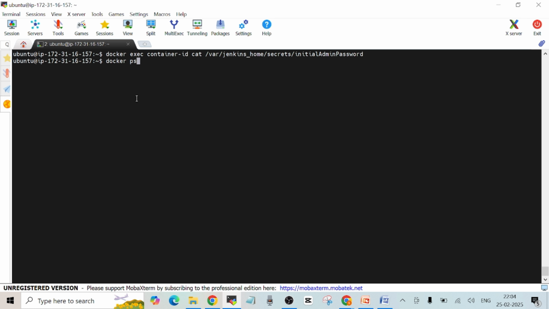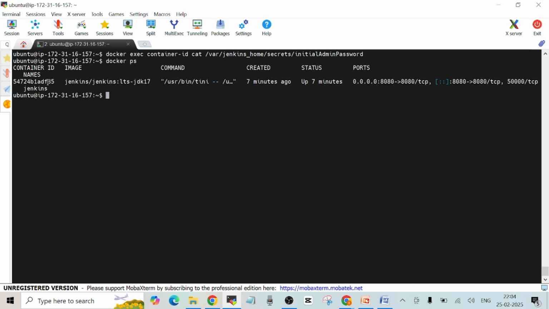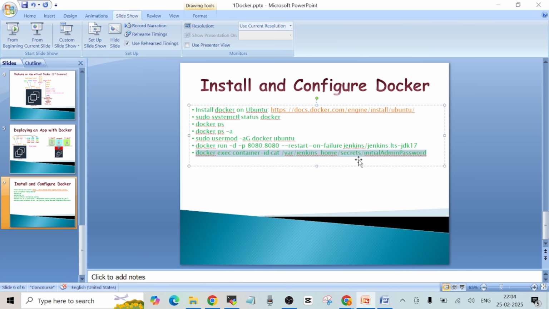So what I have to do is, first I have to get the docker ID. For that I can run docker ps. I can copy the ID from here, and then I'll just replace this container ID with the container ID that I got, like this, and then I'll copy this entire command,